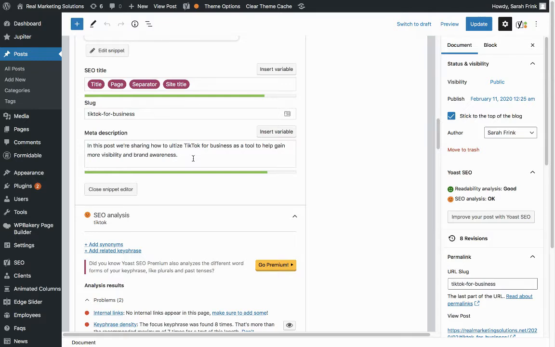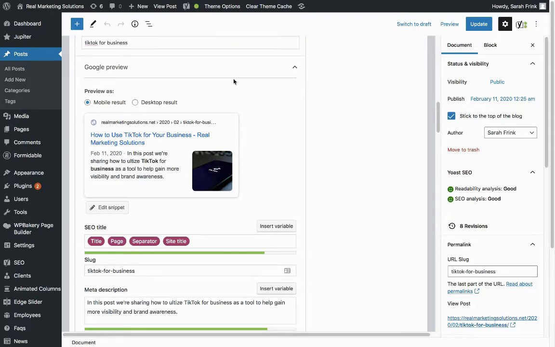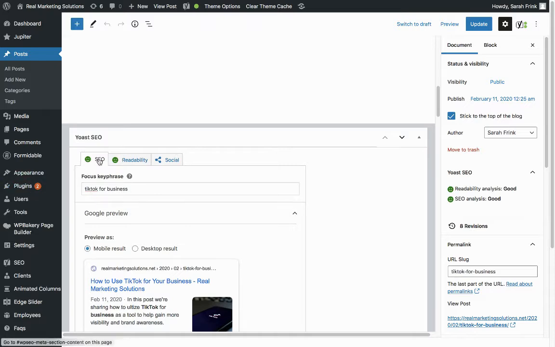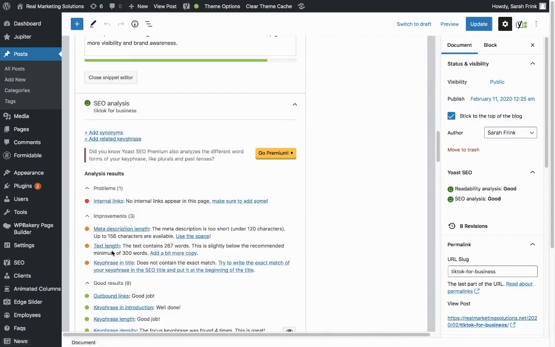So they want that to be key phrase rich so that it matches your slug, which we'll talk about right here. This is your URL or your ending URL, and it matches your keyword phrase right up here. So when I add in TikTok for business, you'll see that I go back to a green smiley face on that. And the only other recommendations they are making down here is that I could have more text in there,